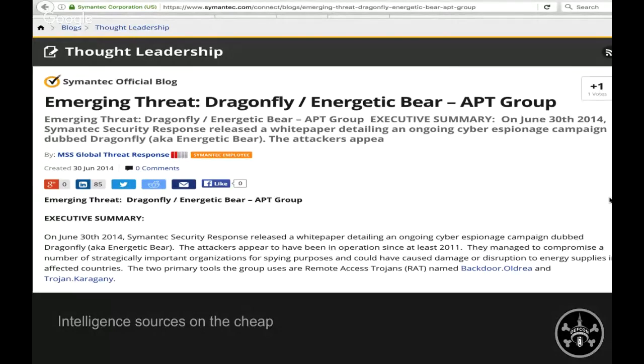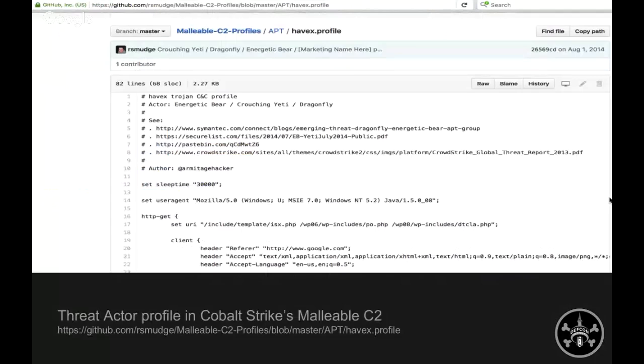So we just went through some reports and started pulling out indicators. In Cobalt Strike, and I'm more partial to that as my management tool than Empire and Metasploit, it has a feature called Malleable, and this is where stuff gets really, really cool. Malleable C2 allows you to write this little profile script, and this is from the developer Raphael Mudge on his GitHub page. He's listing the sources where he made this profile, open source threat reports. And then in here, he's stuck in indicators in this profile. When you start a team server in Cobalt Strike, so all your attackers can connect and launch their attacks from there,